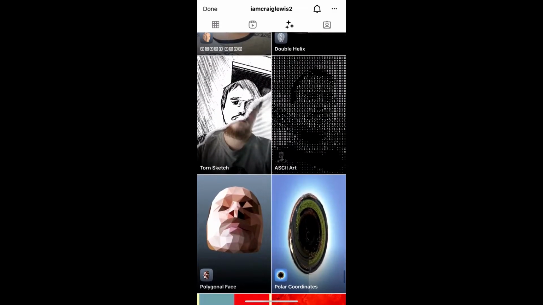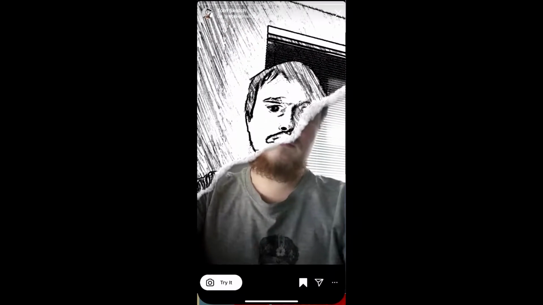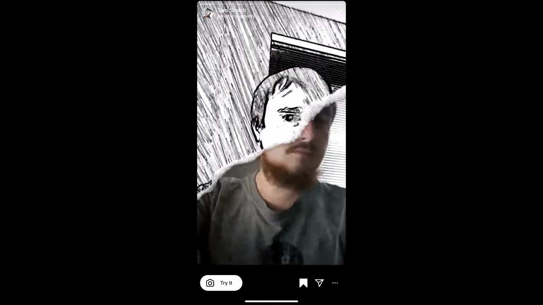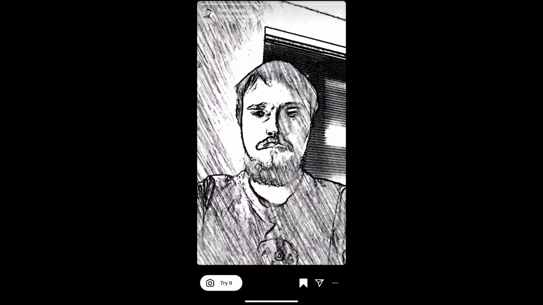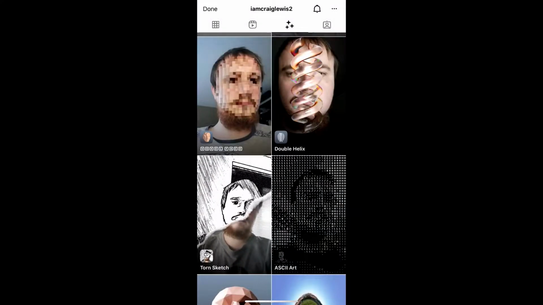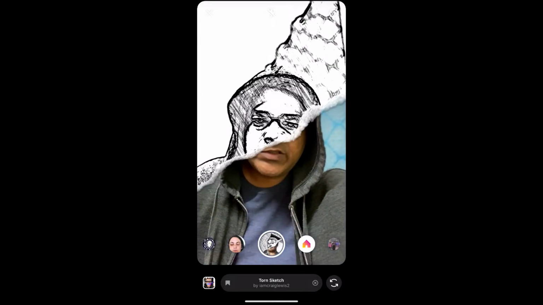Okay, so this is the filter, tone sketch. Tap on it and you will see this preview. From here you can save it to your Instagram camera tray and you can tap on try to try the filter. Okay, and suppose you are not getting the effect like this, then what you can do,